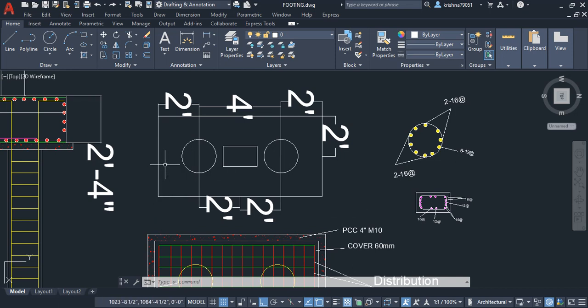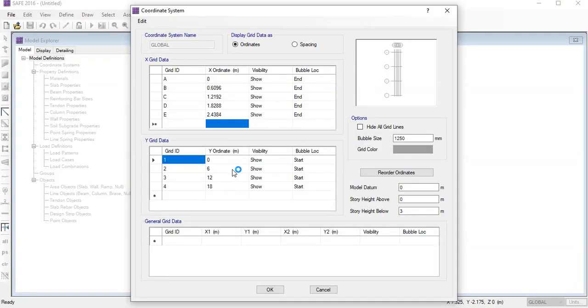One, and the second grid will pass through the center of the pile column. Second grid and third is this way. So in the Y direction there is only a third grid, and the spacing between them is 2 feet. So we will give the name here: first is 0, second we will give the name